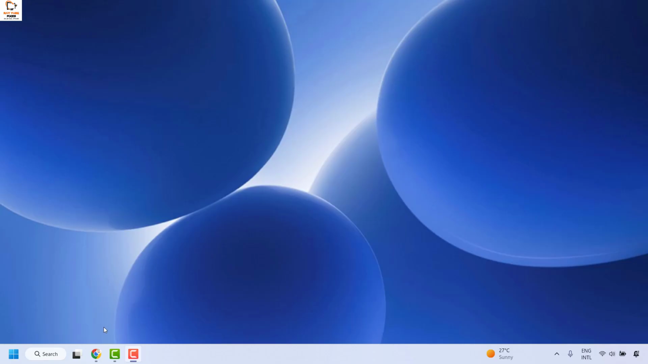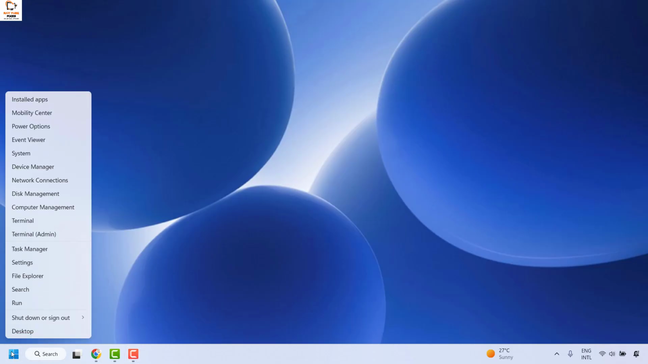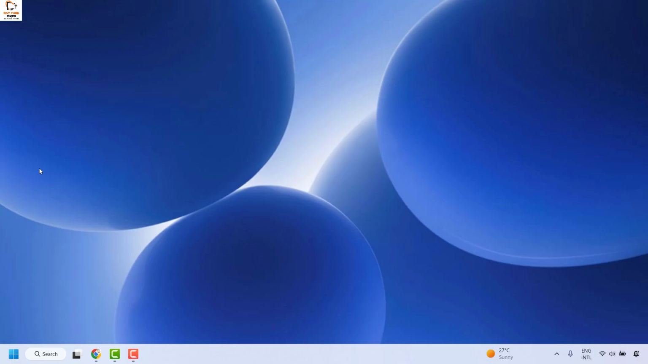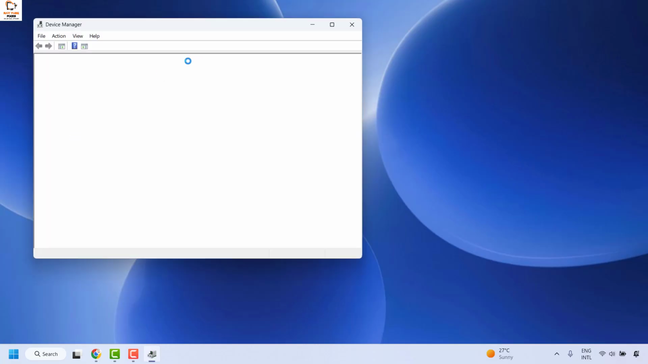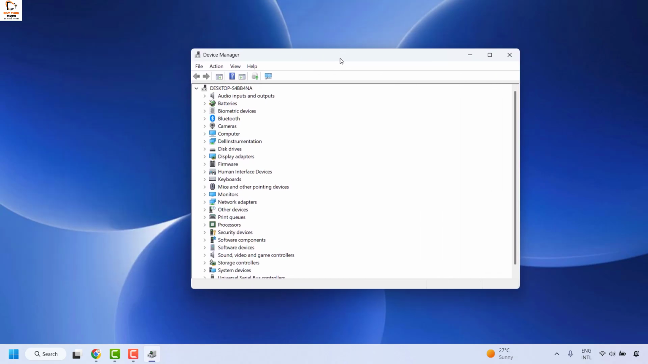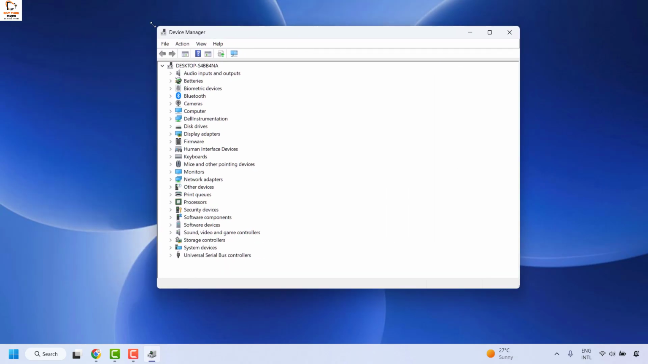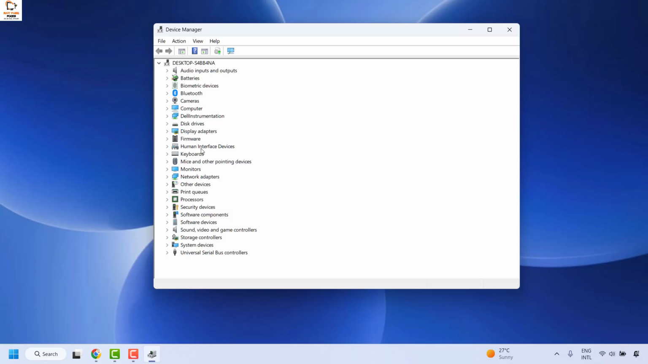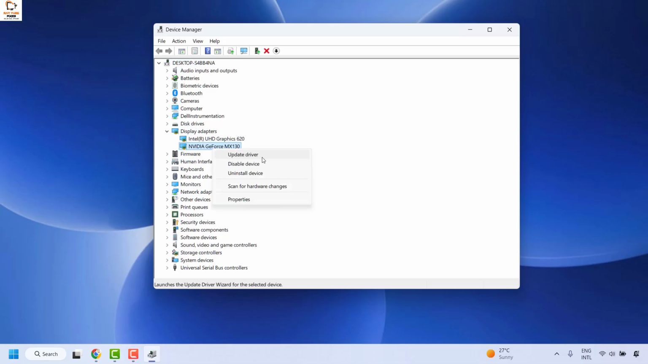To do this, you will have to do a right click on the start button and then click on the device manager. In case you get a user access control prompt, you may click on yes or continue on the screen. Now once you have the device manager window open, you will have to go ahead and expand display drivers. If you have Nvidia graphic card currently installed on the computer, you will see that graphic card listed here. All you have to do is do a right click